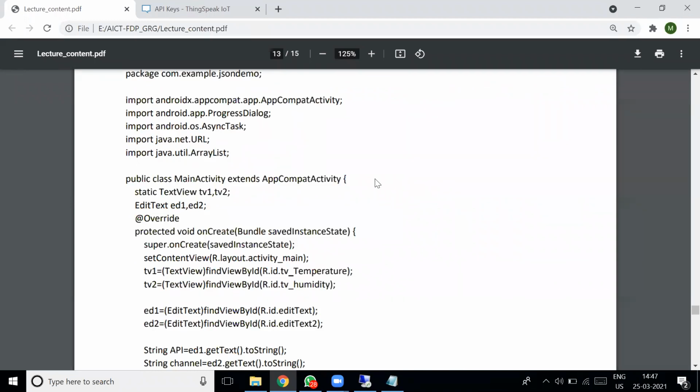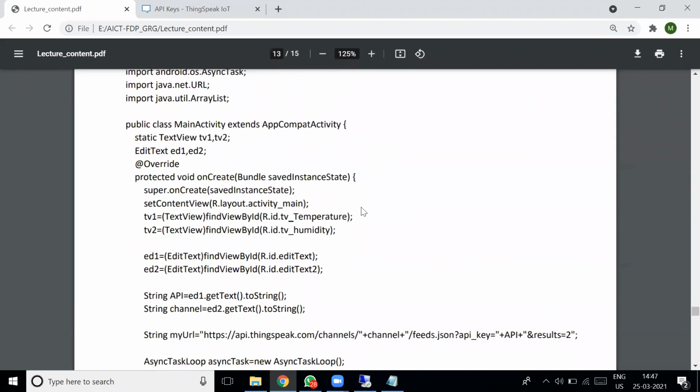This is your Android application program. You need two text views and two edit texts. Edit text is used to get the value, because we have to get the channel ID and read API key. You are using two text boxes, that is, edit text.